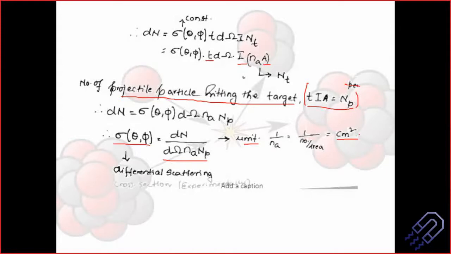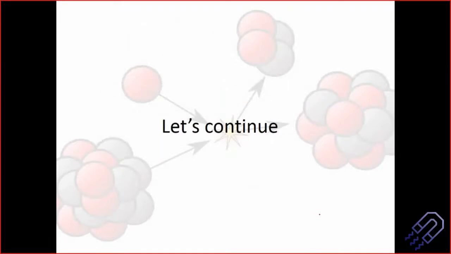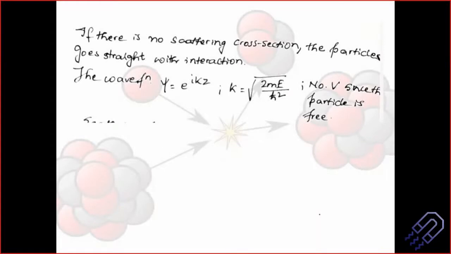Now having said that, we know that the number of particles coming and hitting will depend on the differential cross section. But a very important part here is: how do we analyze that incoming particle? What we do here is partial wave analysis. If you remember from your quantum mechanics, whenever we have a scattering problem, we already did this yesterday. So from here we are going to start and continue, and please keep a note that, as I said yesterday, we are going to use quantum mechanics and mathematical physics. I'm not going to derive everything, but we are going to look into this picture.